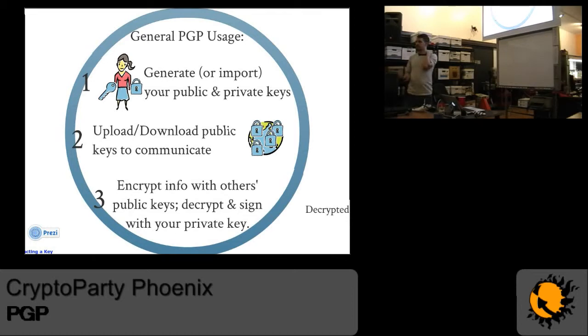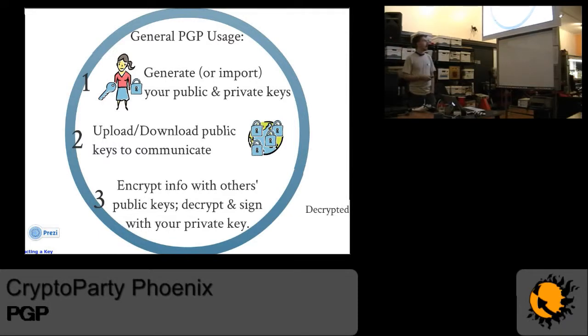So overall, it doesn't really matter what PGP app you use. The general idea is that you're going to generate or import your public-private key pair. You're going to download and upload public keys to communicate. So you're going to disseminate those widely and download other people's keys widely. In between here is the signing, where I get together with Jeremy and I say, hey, what's your key? Let's exchange and sign each other's keys. That way, when you're looking on the key server, it's just public info that Jeremy trusts this and Will trusts that, and that's a little bit better than just trusting something that's up there with no